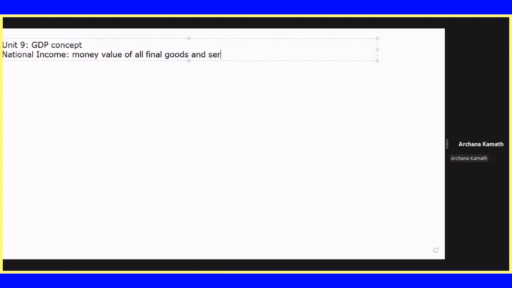The last chapter that we are going to learn is about the GDP concept, or we can say national income in general, but we have different aggregates which will help us reach national income. So the title of the chapter is GDP and related aggregates, but it's more related to national income. Income earned by a nation from all its sources is known as the national income. Here we can say it is the money value. The classic definition of national income is the money value of all final goods and services